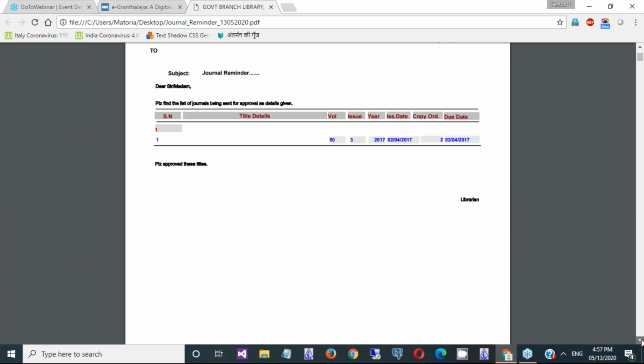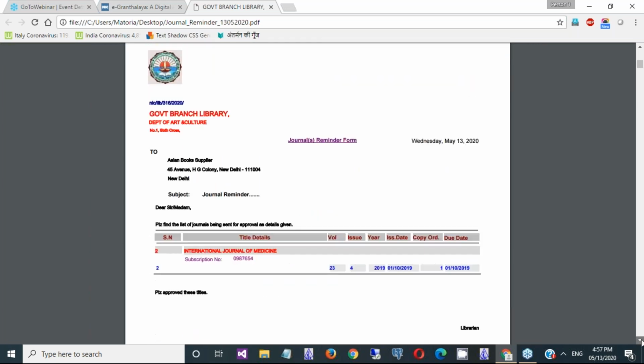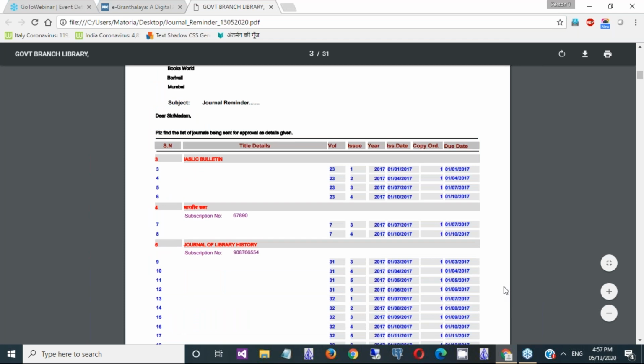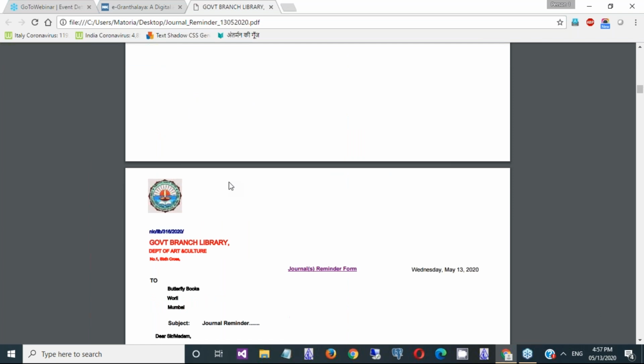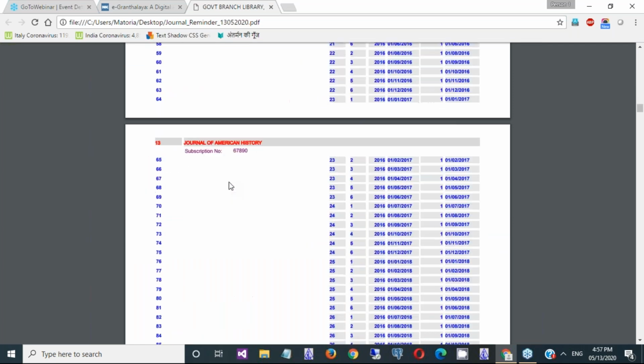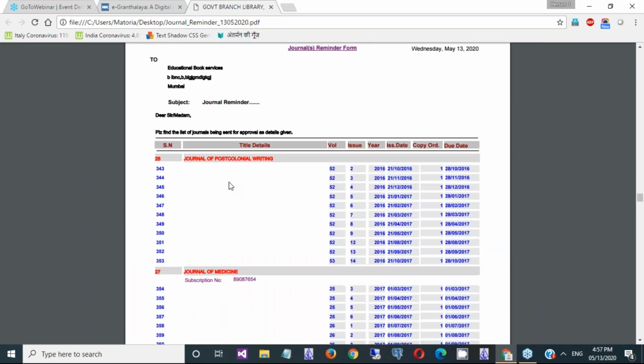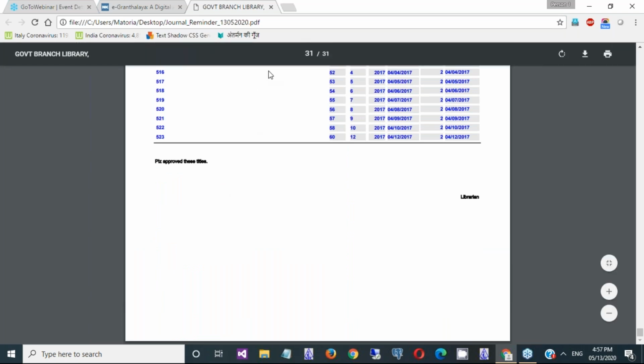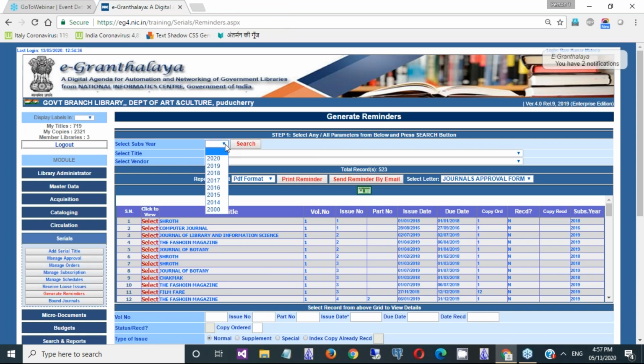So this is the first vendor and the title. If you are subscribing to more than one magazine or journal from a particular vendor, all those magazines' missing issues will be clubbed together in the reminder. So you can generate all reminders of the total so far in your library since many years.